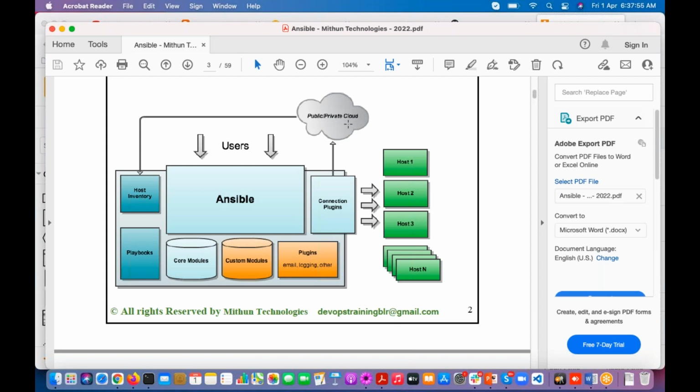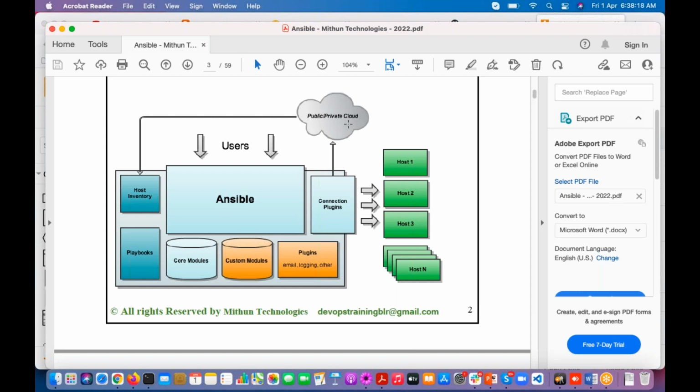But some private clouds are there, where only within that organization, within that organization network, we can access it. We'll discuss in AWS what public cloud, private cloud, and hybrid cloud are.